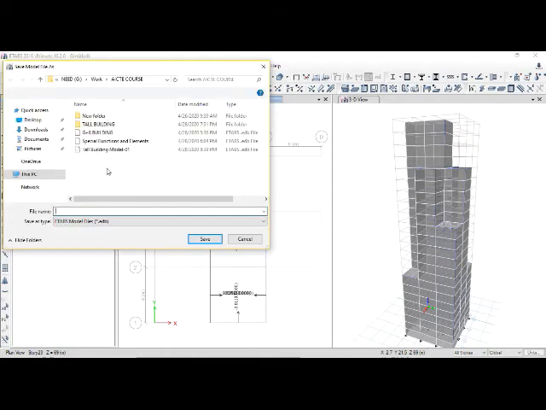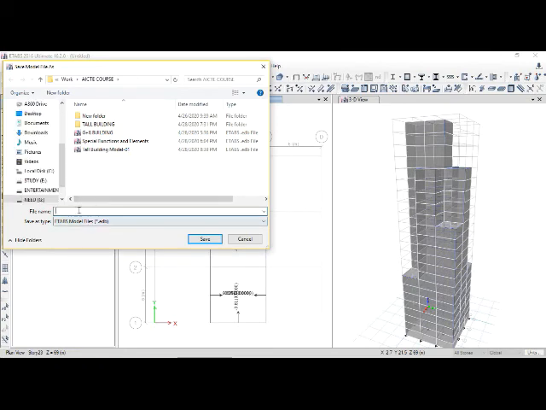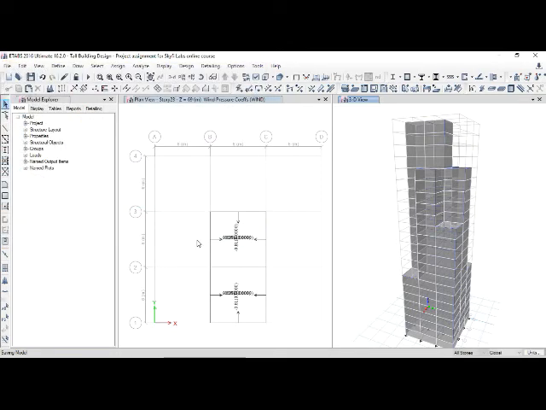Now we'll try to save the file so that further modifications can be easily added to the software. So we'll name the file according to the Skyfi Lab assignment online course: tall building design project assignment to Skyfi Lab online course is the name of the file that we have saved.